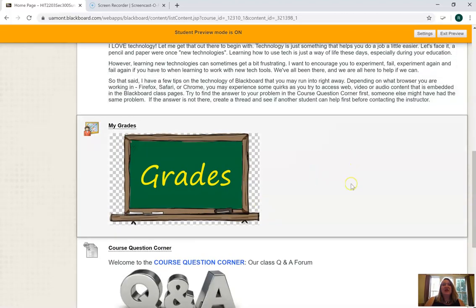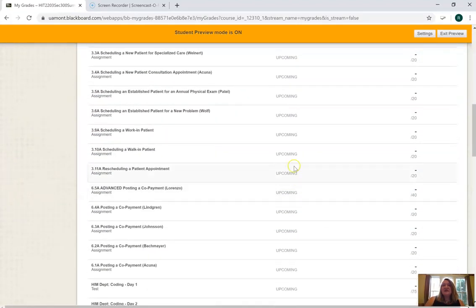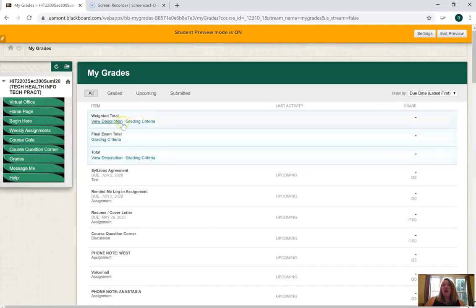As you scroll down, there's a little link here that will take you to my grades, and when you click it, it takes you through all of your assignments, and it tells you what's upcoming, or it gives you your grades over here. Your total grade for this course is this weighted total up here, and it describes my grading criteria, which is in my syllabus, and that is what your grade is going to be overall.